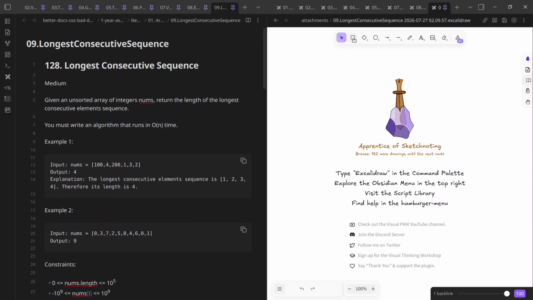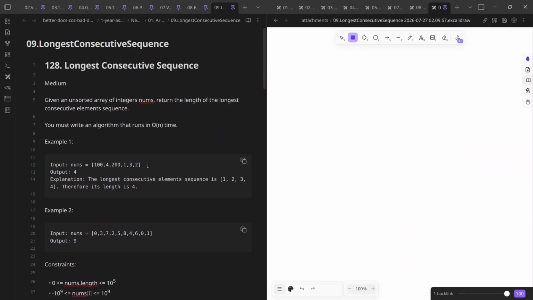So what I was talking about is the brute force approach. If you sort this, you are left with another array, that is 1, 2, 3, 4, 100, 200. Okay, after you have sorted it,